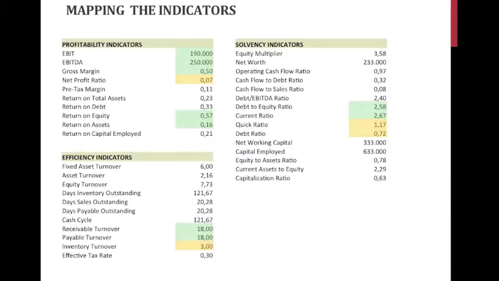So we have gone through three major groups: profitability, solvency, and efficiency indicators. I hope it has helped you to get the overall picture and the meaning and sense of why these indicators might be useful to calculate. And finalizing, I would like to give some insight into how we might interpret these indicators. First of all, as I have mentioned, it is really reasonable to take some timeline, 3-5 years or some other period, and look at how the indicators are changing.